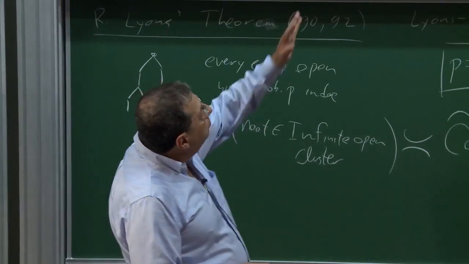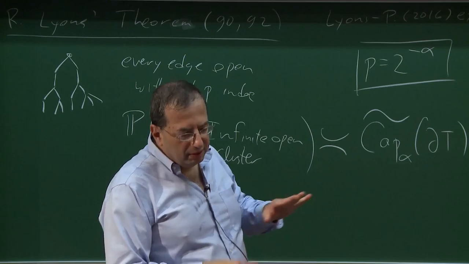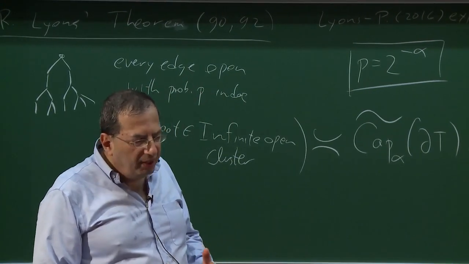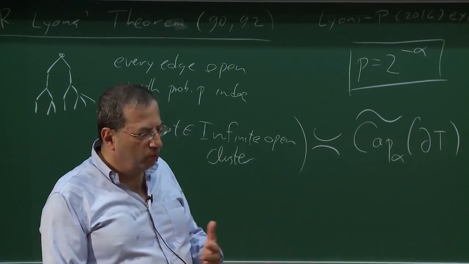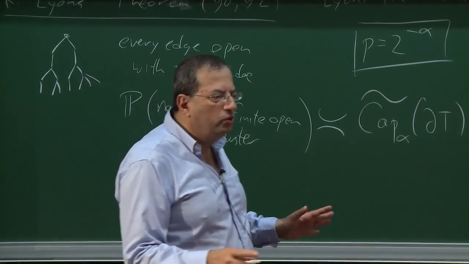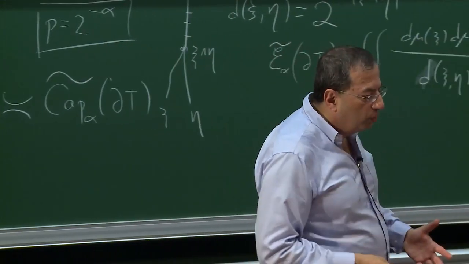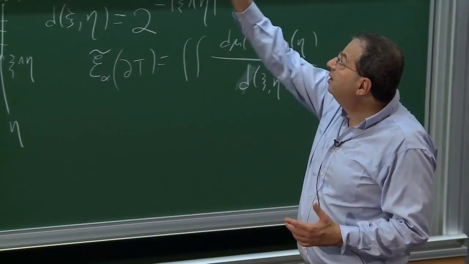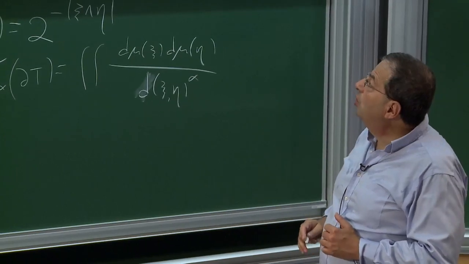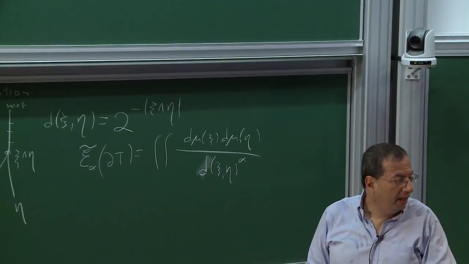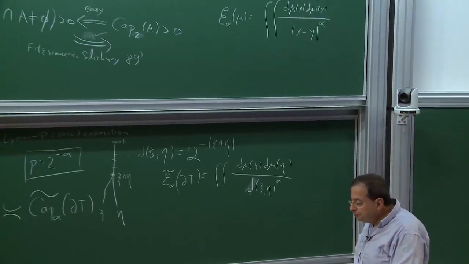So I told you about Kakutani's theorem, and there are many proofs of Kakutani's theorem, but really the reason it works well in both directions is that in one direction you just use second moment, in the other direction you use a Markov property of Brownian motion, namely if you know that the probability of Brownian motion intersecting A is positive, then